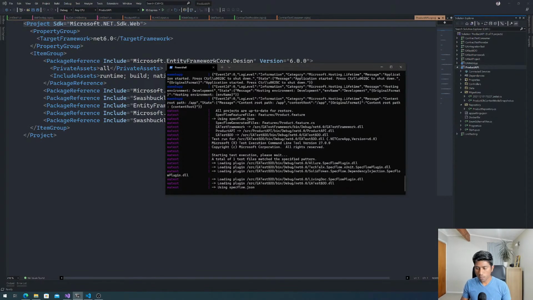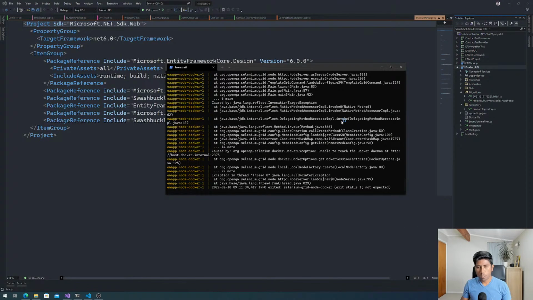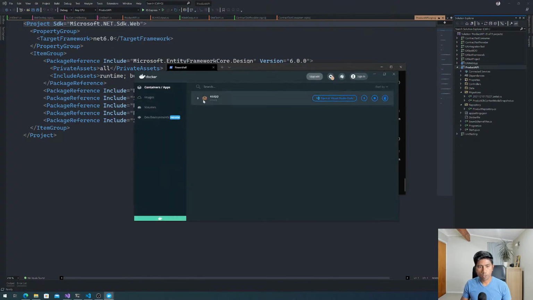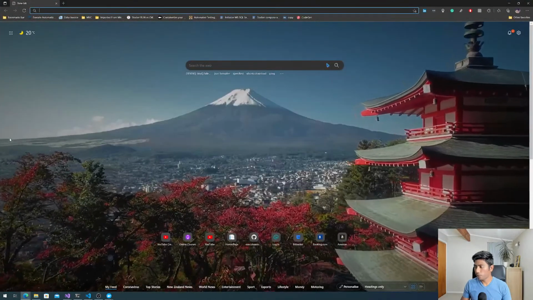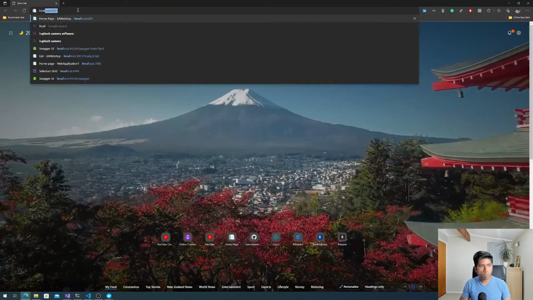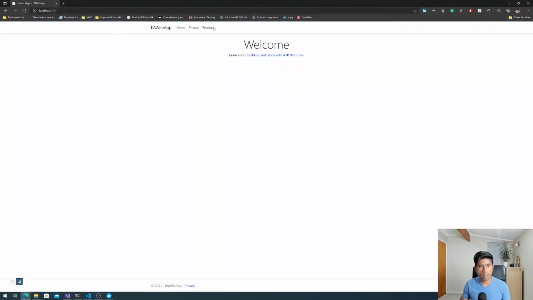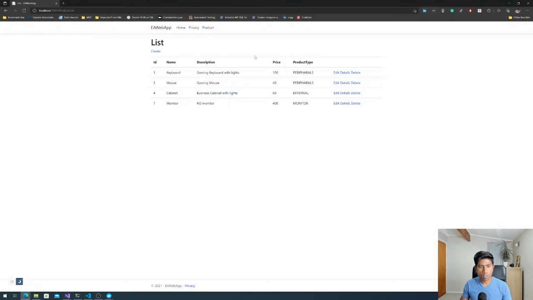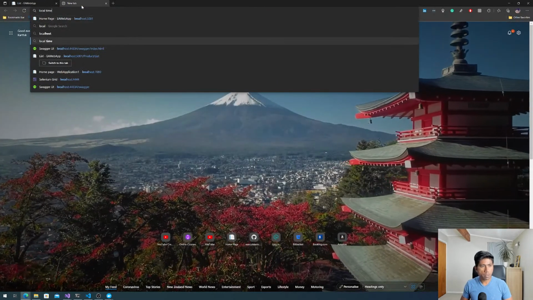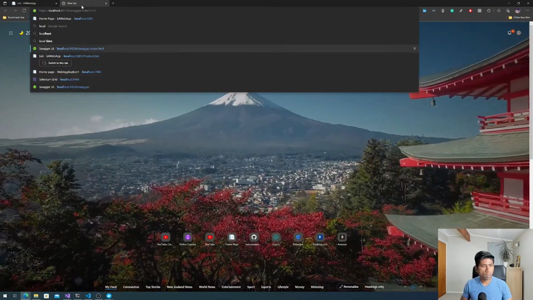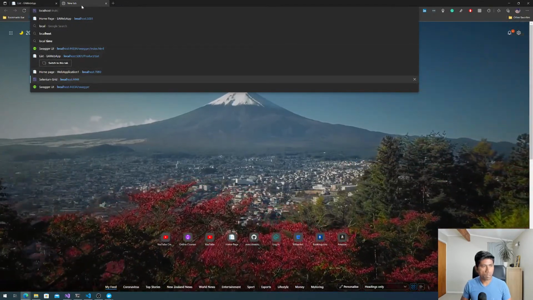So once this test execution is happening at the moment, you will see on my Docker desktop, it is going to show the whole application execution is happening. And I can just consume this application from here. I'll just show you how it looks. So if I go to localhost 5001, you will see that the application is up and running, and it's going to show you some of the products like keyboard, mouse, cabinet, and monitor. So basically all these things are coming from one of my microservices, which is running on the port number 5000